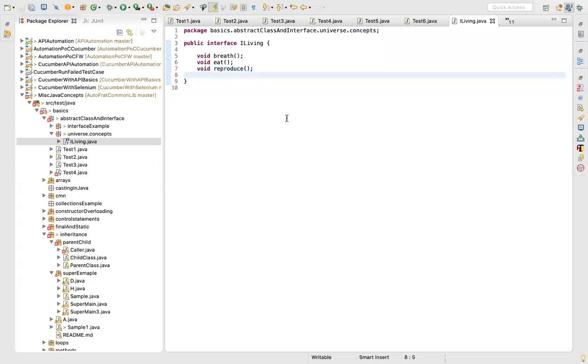The architect is clear that these are the three behaviors he needs in order to create a living organism. Then he thinks, okay, but I also need a sea animal and a land animal, and these two things are different. Now he can choose an interface, or an abstract class, it doesn't matter. If he has a behavior which he thinks has to be predetermined, then he can choose an abstract class and put some behavior, maybe something like this: void predefined behavior,